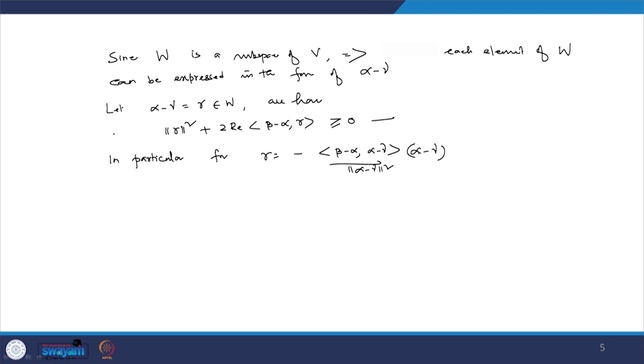So, if I have taken a particular r equal to this type of structure, this belongs to also W, then this is, suppose, double star. So double star still holds good even for this r. So this implies that if I substitute it, what am I getting? I am getting here norm of r square, inner product of this and this. So, inner product of,